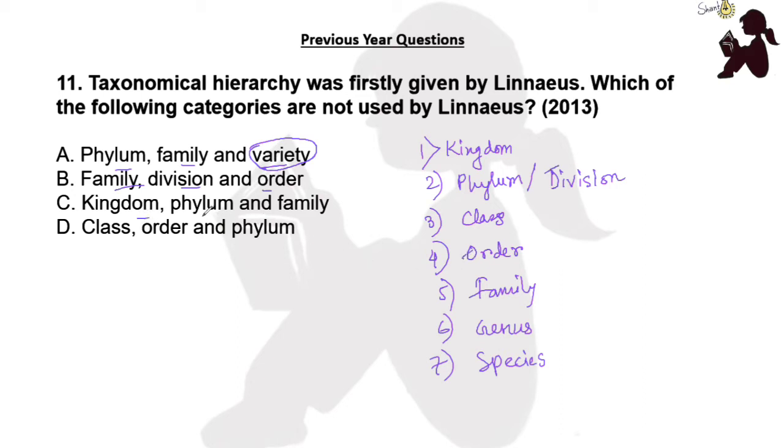Also kingdom, phylum, family, these are also included, and class, order, family, these are also included. So here the variety is not included. So this phylum, family, and variety is not used by the Linnaeus. So here the correct answer is the option A. Okay. Now the next question is: